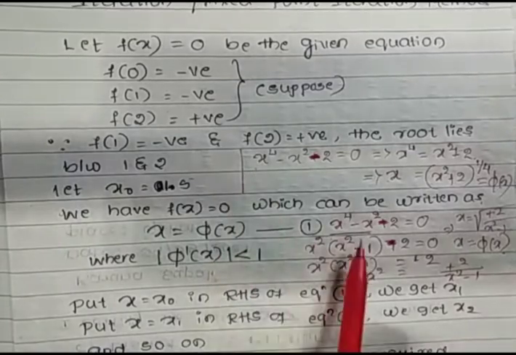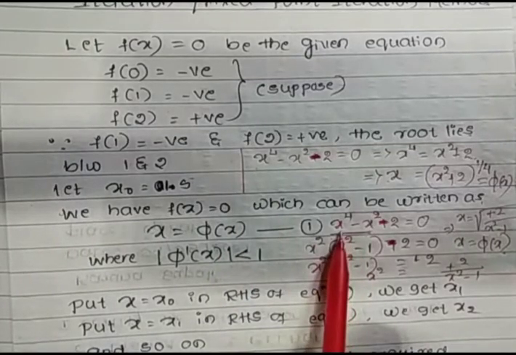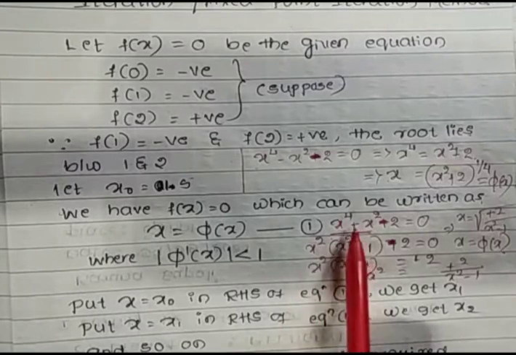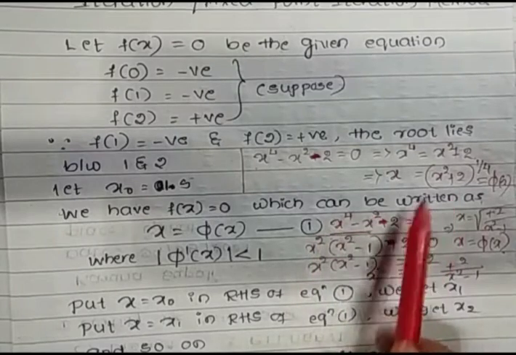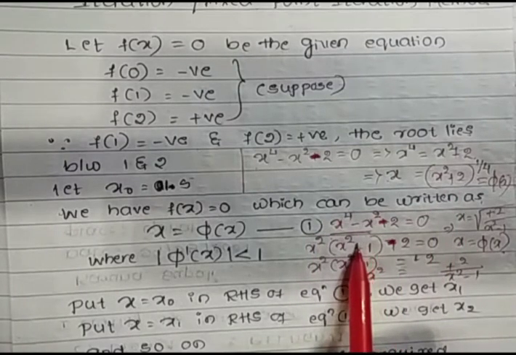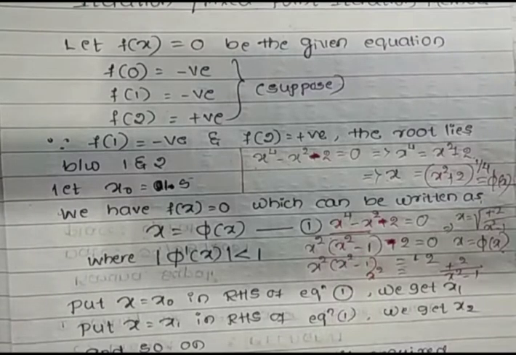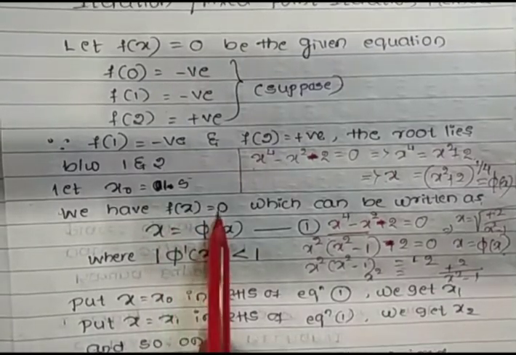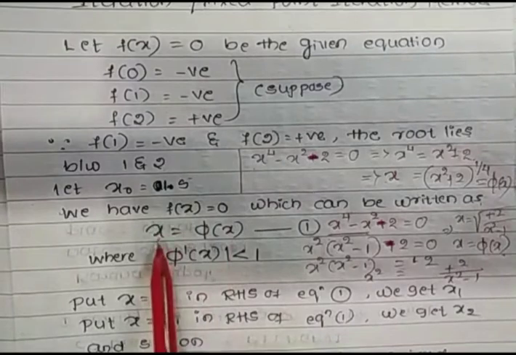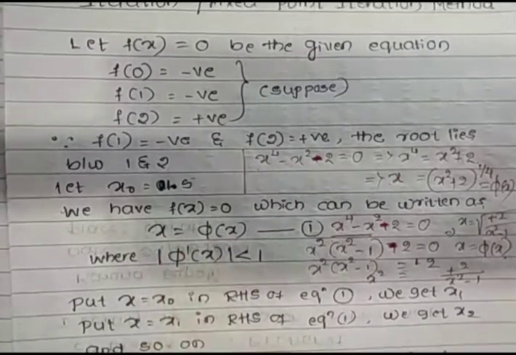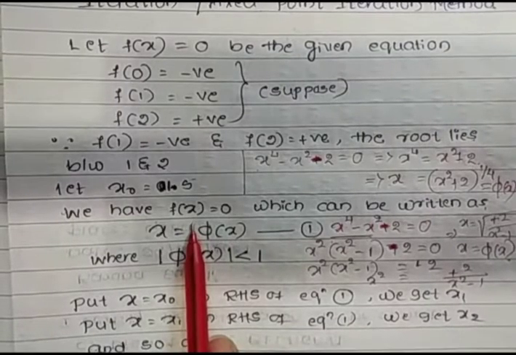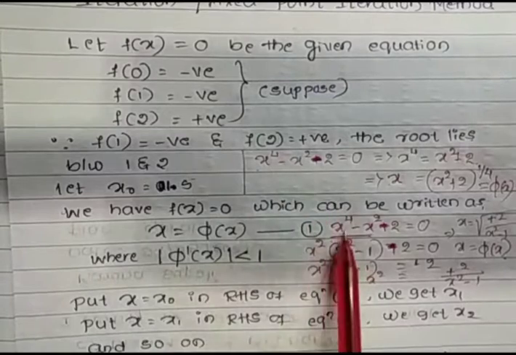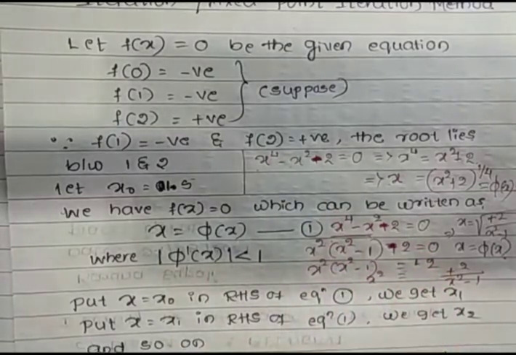See, first method, second method of representing in terms of x, and we have even one more method, just by using x square and by taking x raised to 4 and minus 2 to that side of the equation, one more third equation we can also write here. So just remember, in an example, if any question is given, that is f of x is equal to 0, we can express it in the form x is equal to pi of x. And to express it in the form of pi of x, we don't have only one particular method. We have so many methods, 2 methods or 3 methods.